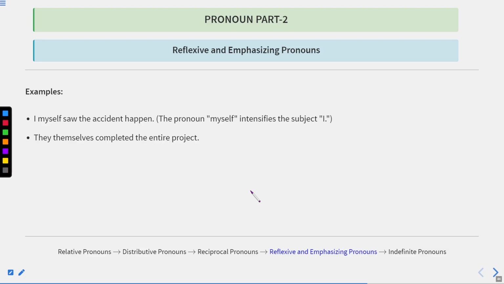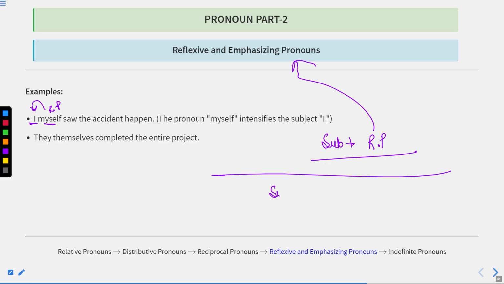For example, I myself saw the accident. Now, if you see this I, after this I have written myself. So this is the reflexive pronoun which is used for this I. You can also say that whenever we write a reflexive pronoun just after the subject, it is known as an emphasizing reflexive pronoun. But if we have a structure where first we have the subject, then the verb, and then the reflexive pronoun, it is known as an emphatic reflexive pronoun. It means simple sentences with a reflexive pronoun are emphatic, whereas these types of sentences are emphasizing, because it is intensifying,